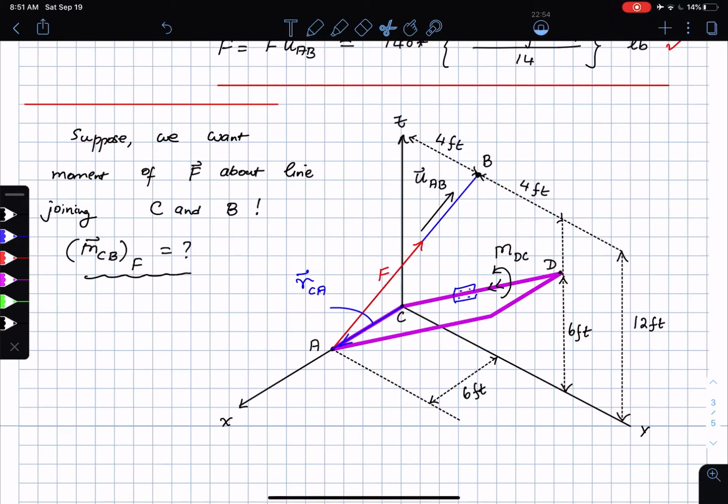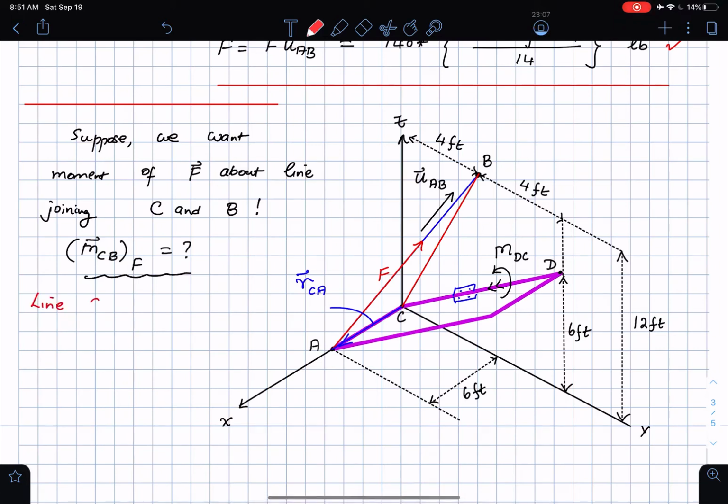May the force be with you. And if I join these two together, you see that the line CB intersects the line of action of the force. So the important thing: line CB intersects the line of action of the force,